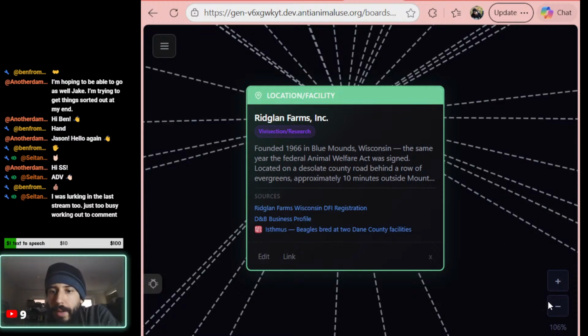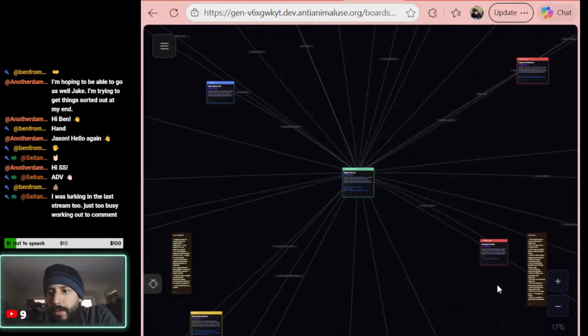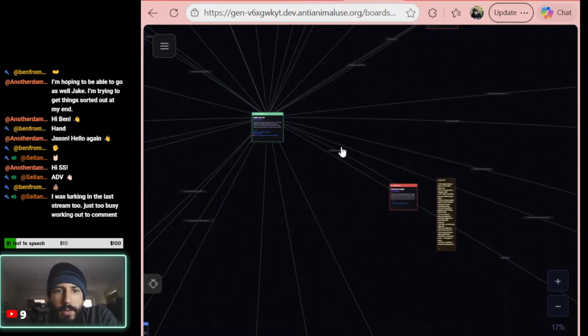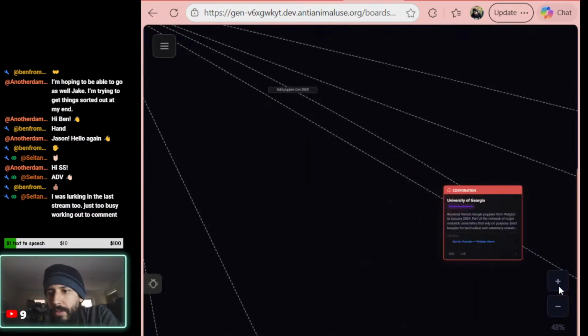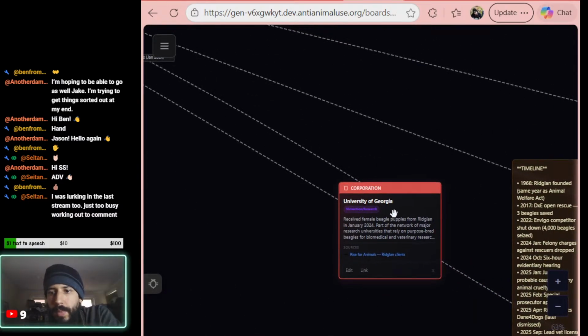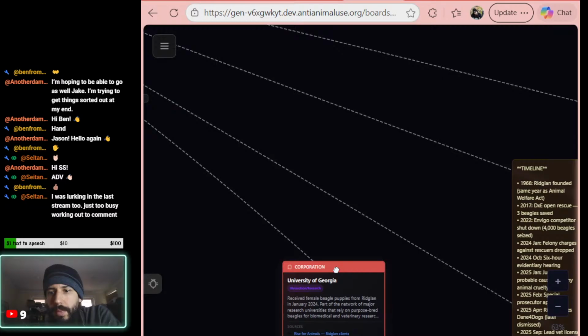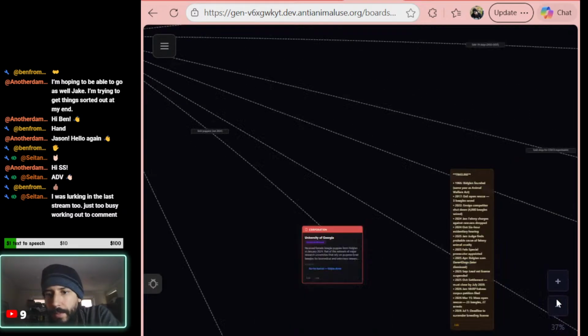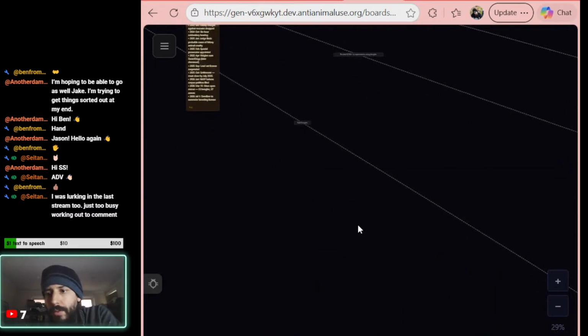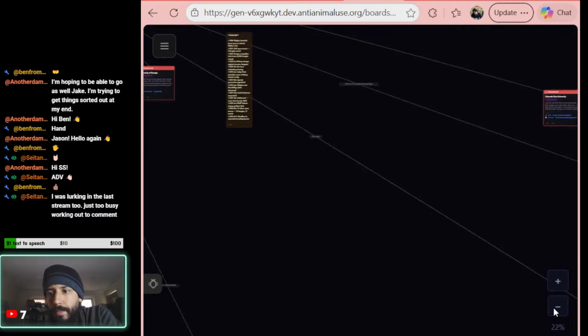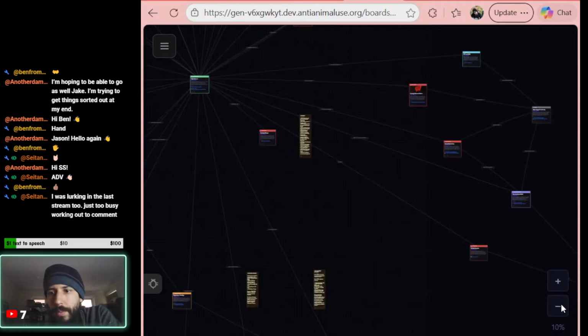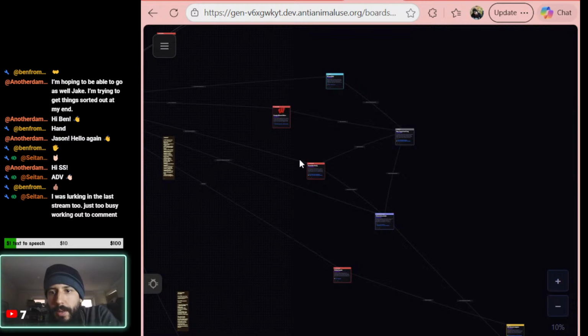I need to go through it and add pictures in. Some of them have some pictures, but some don't. And then you connect different things. So you can see all these are all the connections in this web. Here's like the University of Georgia, and I need to move them around so they're not overlapping each other as much. But you can see how they kind of branch out, and then some of them are connected together.